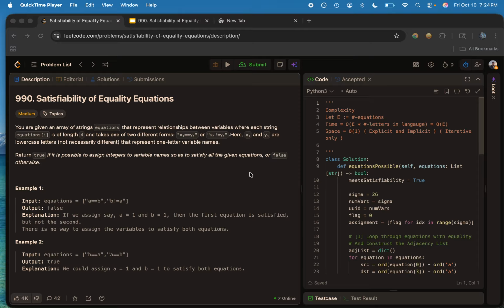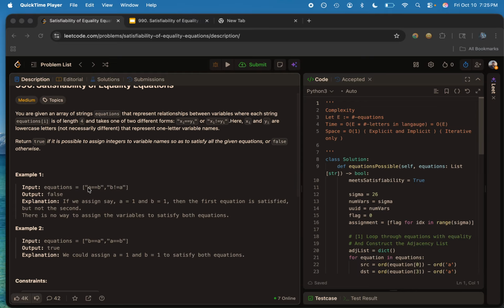In the first example, we're given two equations, a equal to b not equal to a, and we say that this is not satisfiable because if we assign the values of 1 and 1 to a and b, we satisfy the first equality but not the second, which is an inequality. And if we assign two different values, a equal to 1, b equal to 2, we satisfy the inequality